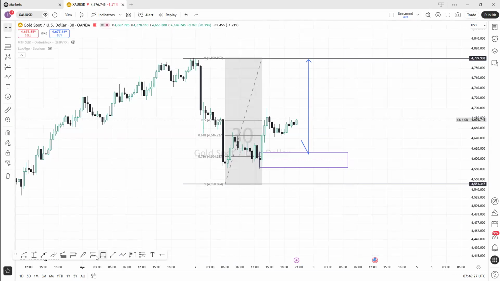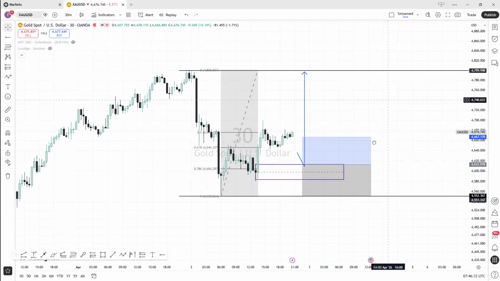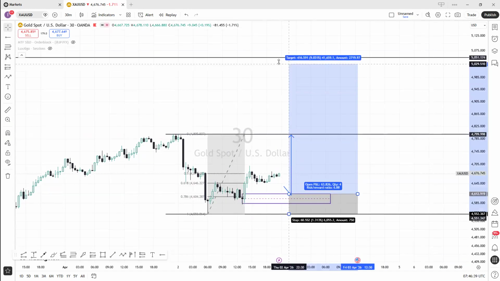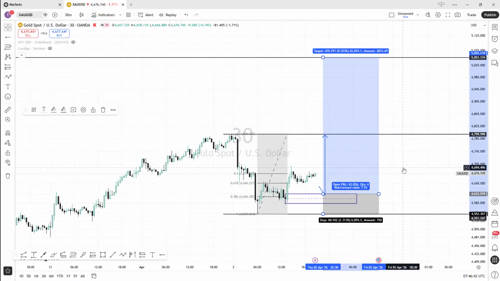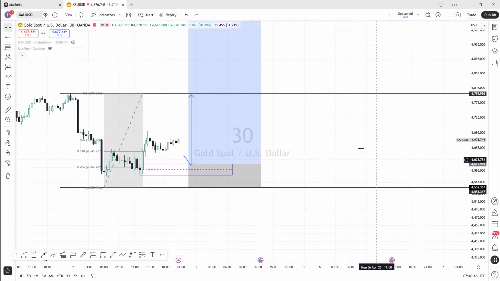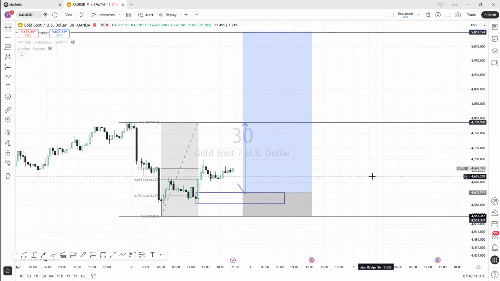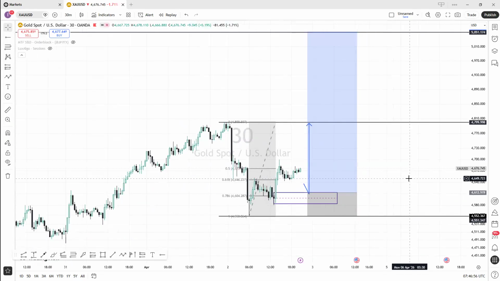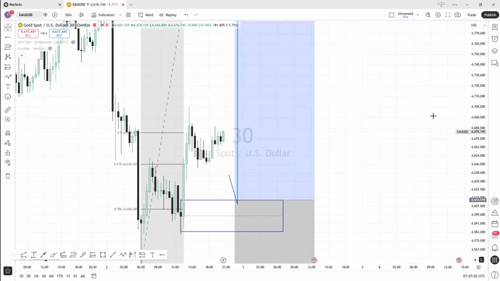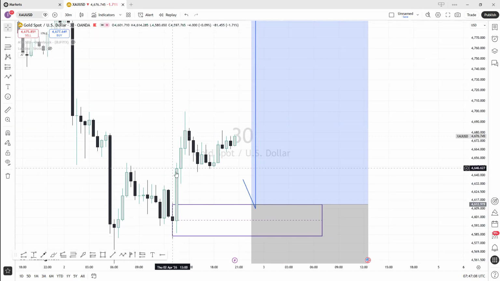This 30-minute OB is a very low risk area to click a buy, to take a long position from, and then we target 50.51. That is a very clear and accurate zone to find buys from. That 30-minute order block is the first option. The second option on Goldie: you are supposed to wait and see if the market